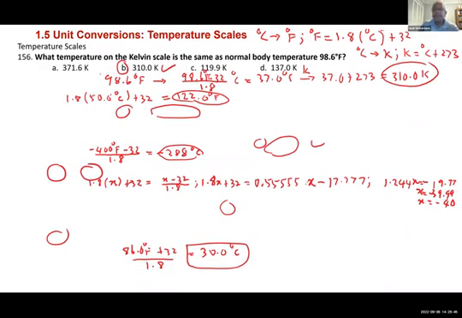Now the temperature conversions are important. Do you see how you convert temperatures from Fahrenheit to Celsius? To take Celsius to Fahrenheit, you take the Celsius number here, multiply by 1.8 plus 32, get the Fahrenheit. Celsius to Kelvin, you add 273. So let's do a couple of problems. How do you convert 98.6 Fahrenheit to